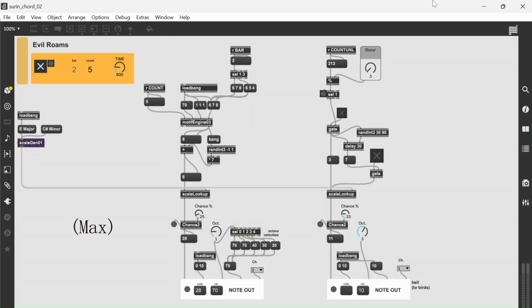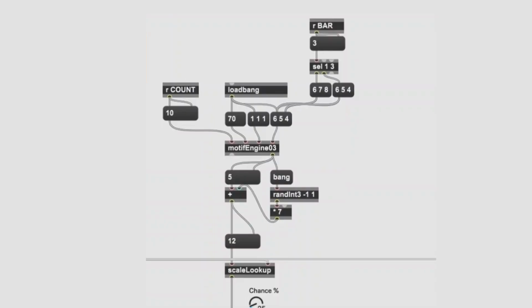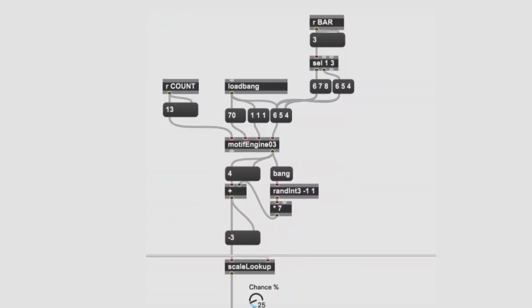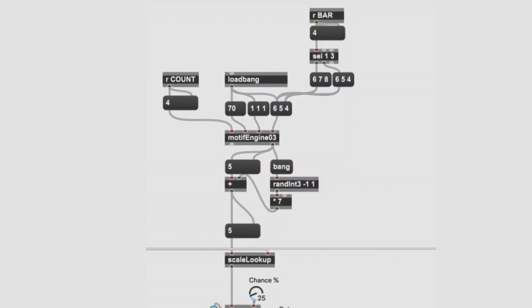Here's what I have on the Max side. This patch is telling the instruments what notes to play. Now, this particular algorithm hardly even makes sense to me at this point, so I'm really just going to try and explain it more generally. But yeah, the patch does a bunch of calculations and makes a lot of randomized decisions and basically spits out